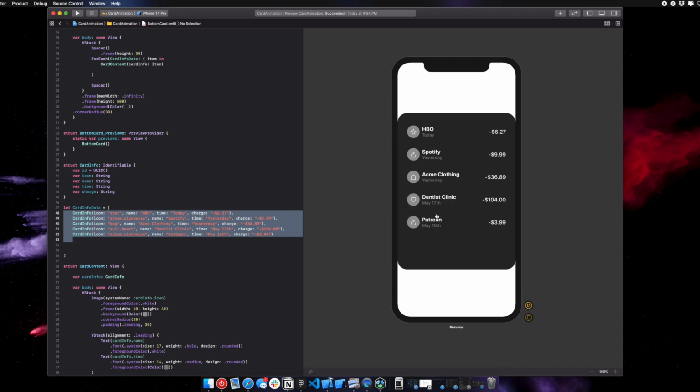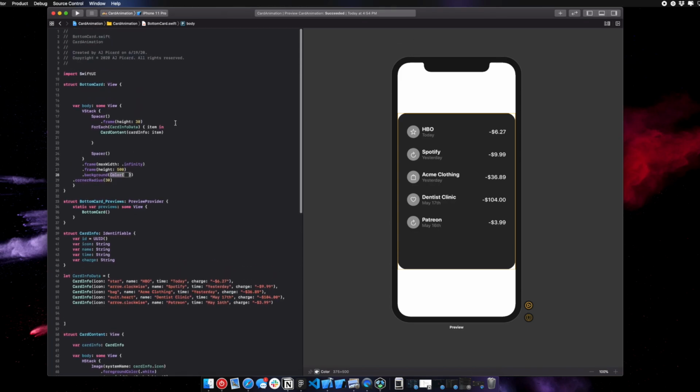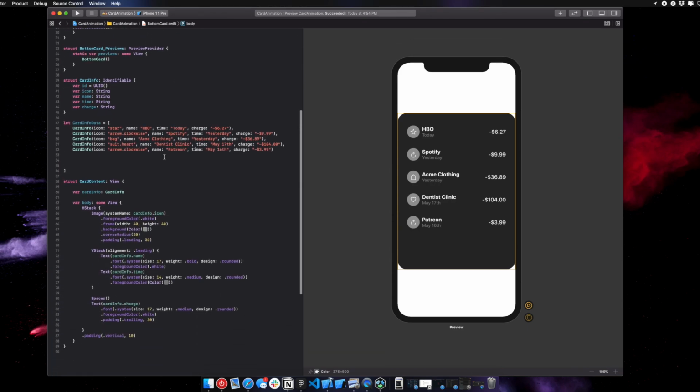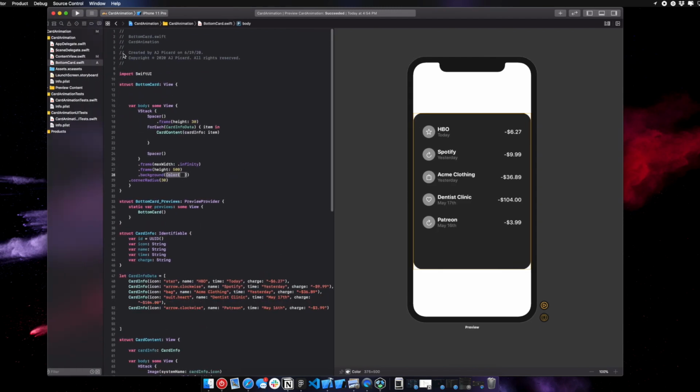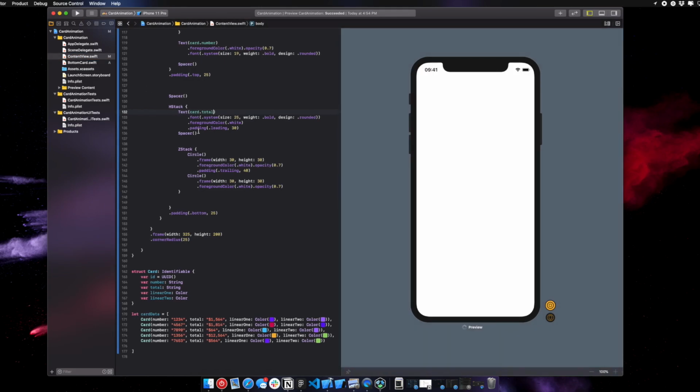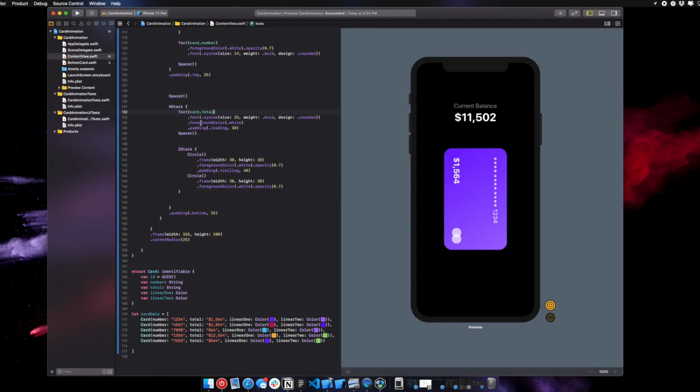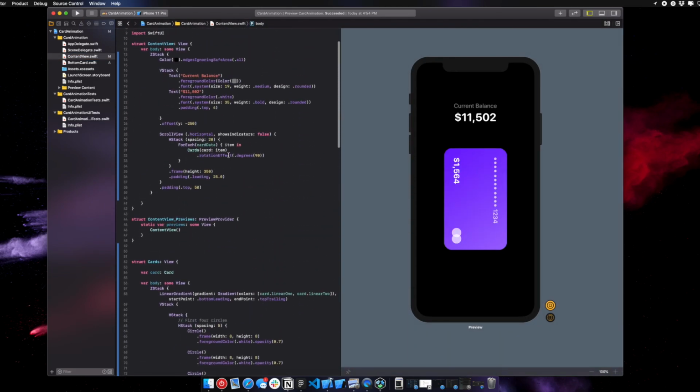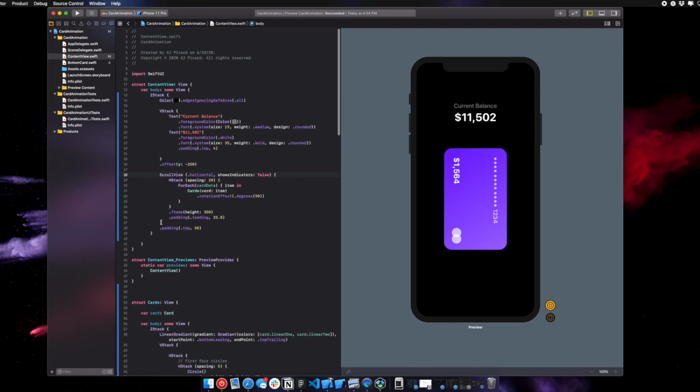So now what we got to do is, this is really pretty simple. We go over here, and we're going to go to the top, and here's a scroll view, and right below it,